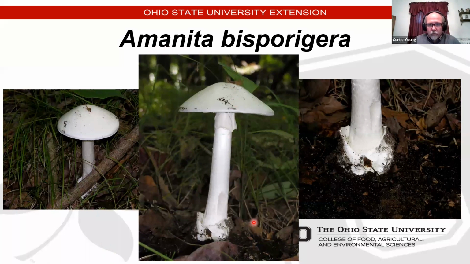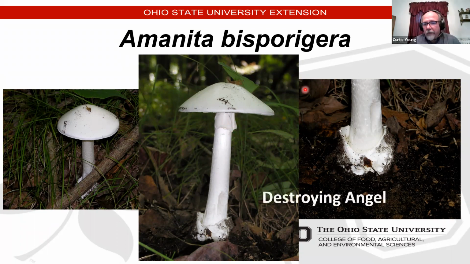And the Amanita mushrooms will have that volva or a cup around the base of the stem. Now, this produced a complete veil over top of the mushroom when it was first developing. And it looks kind of like an egg coming up out of the soil. And when that full veil breaks open to release the capped mushroom, it also has a partial veil that was over top of the gills, and it produces a skirt around the stem. But specifically, the Amanita bisporigera